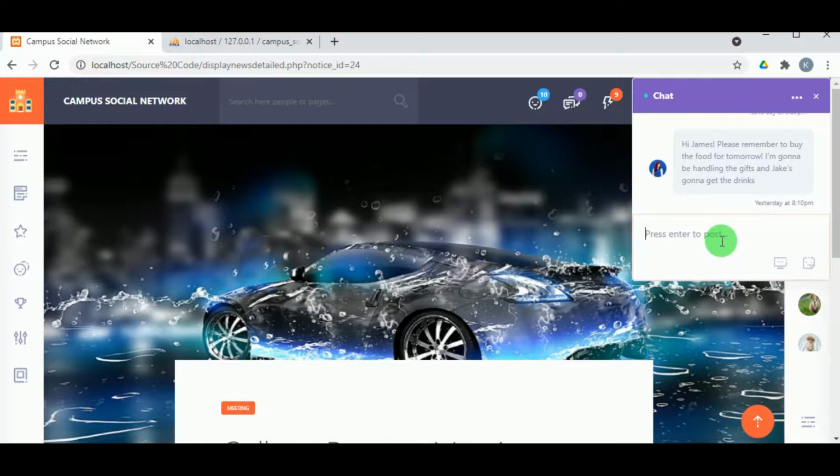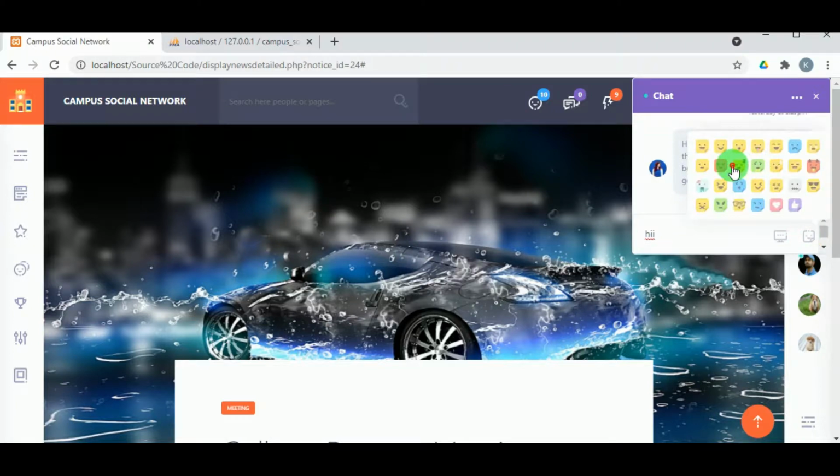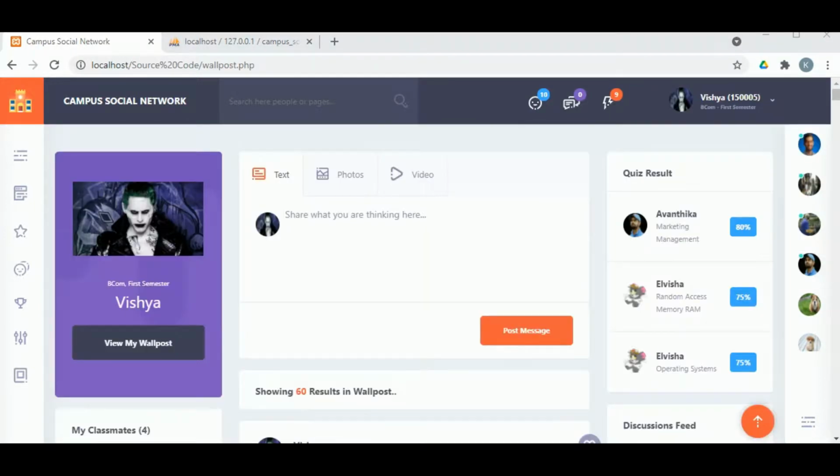So here we can see the messages from the bot here. Hi Jims, please remember to buy the food for tomorrow. I'm gonna be handling the gifts, and the Jake's gonna get the drinks. So these are the different messages from different students.